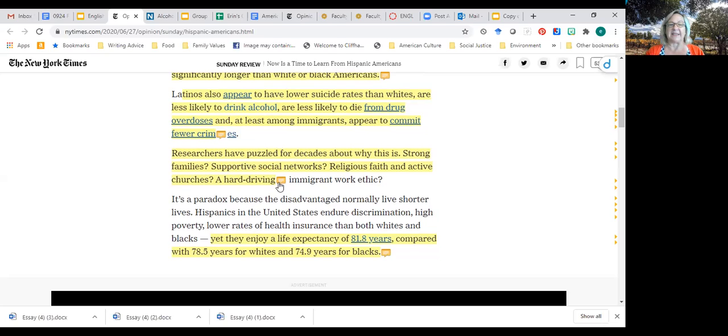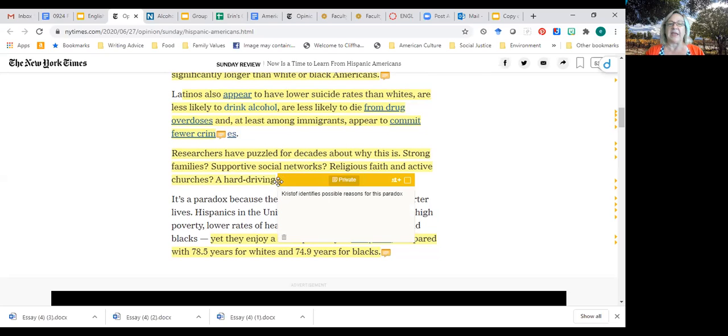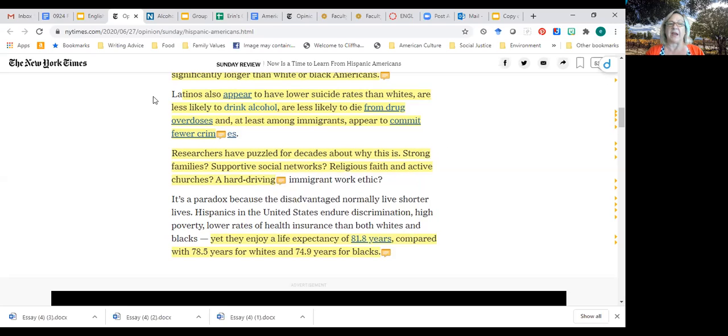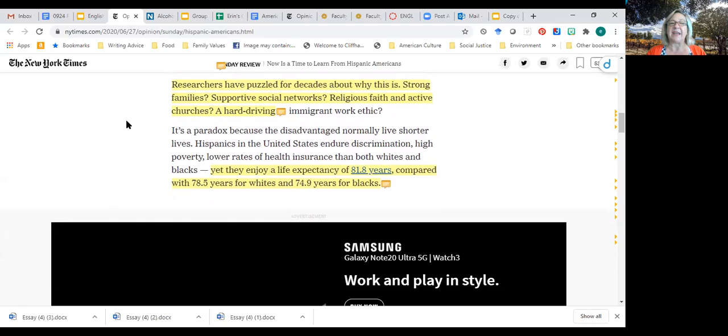And then he lists them. He identifies possible reasons for that paradox. And that's what I've done. I've been writing the claims, and I've been talking back to the text. I told you on my paper, I circled and numbered, and that's a little harder to do online, but this is useful. And to remember that claim that people live longer,